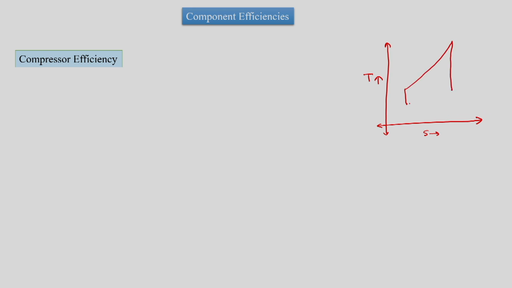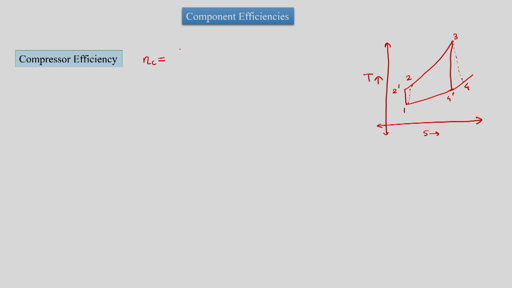First we will plot the real process 1, 2 dash, 3, 4 dash, and then this is 2 and this is 4. Compressor efficiency is denoted by eta C, which is also called the isentropic efficiency